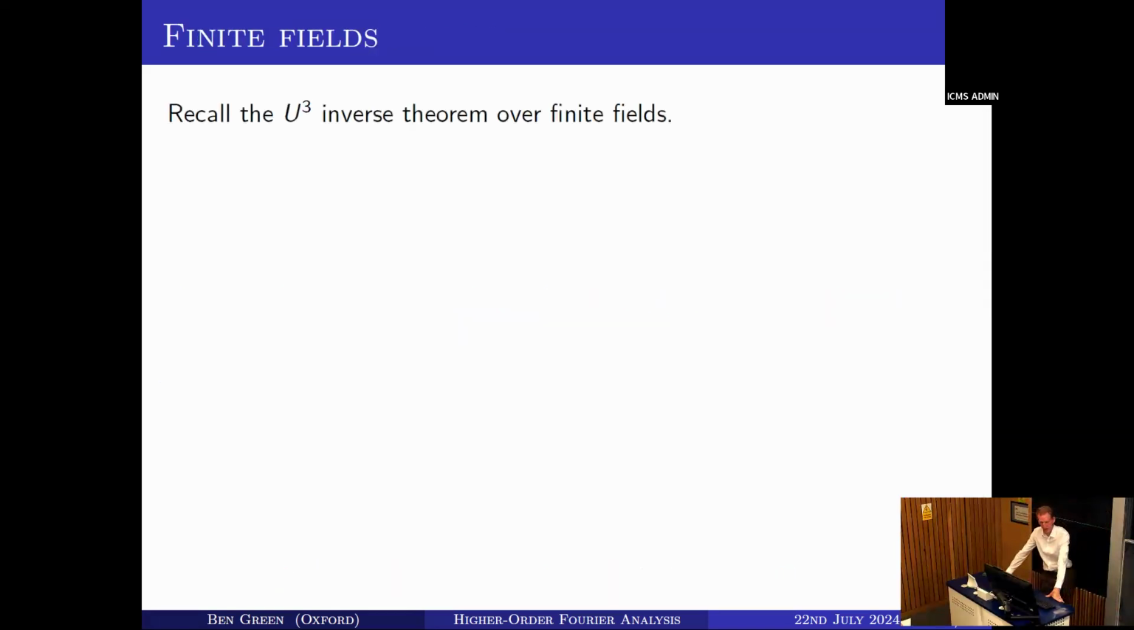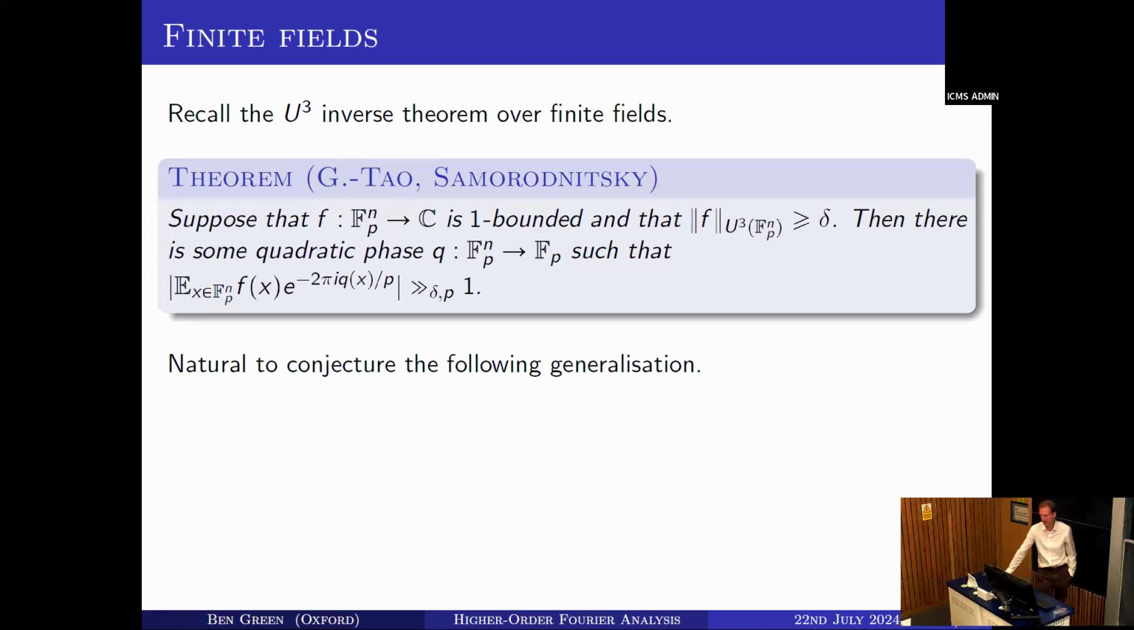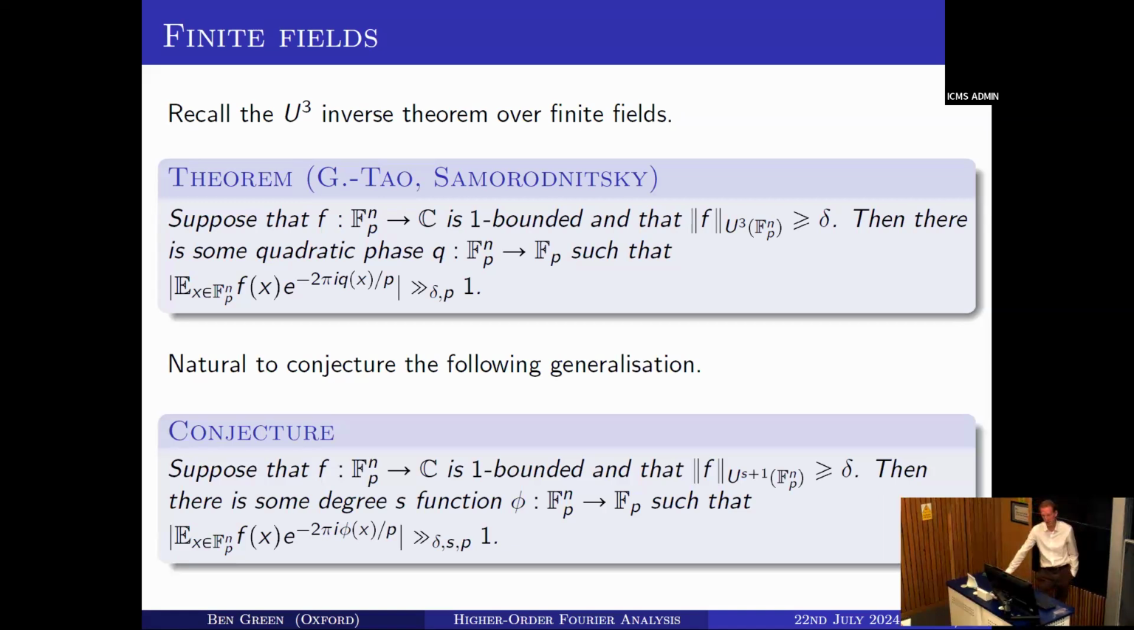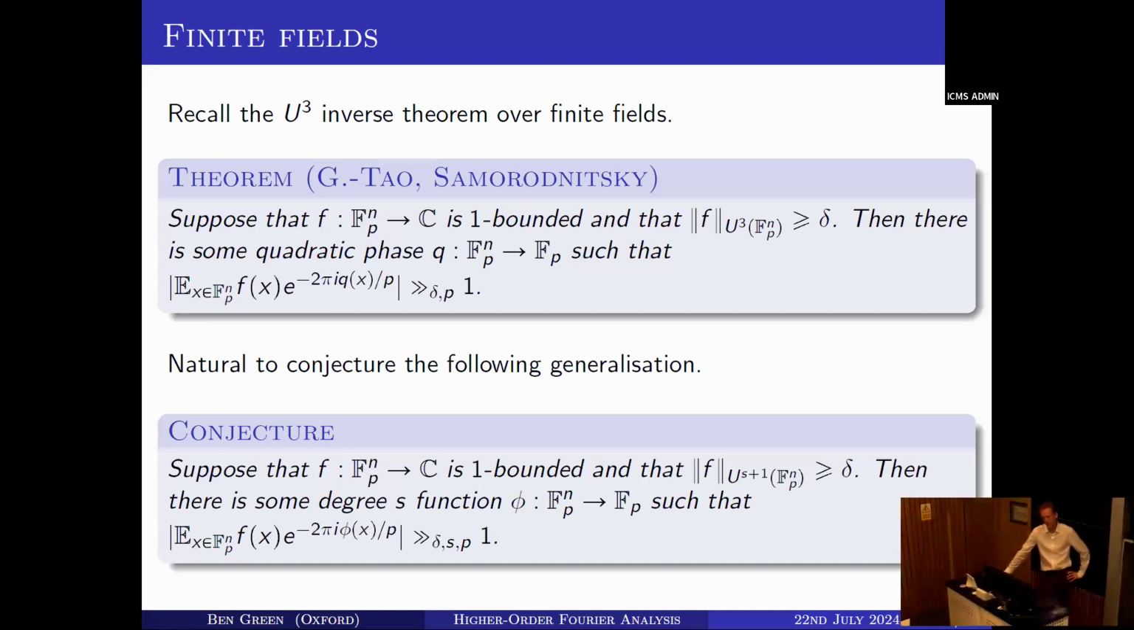Let me say a couple of words about finite fields. So first of all, recall the inverse theorem for the U3 norm over finite fields says if you've got a function with a large U3 norm on F_p^n, then it correlates globally with a quadratic. So that's the finite field U3 inverse theorem. And if you've written that down, it's natural to conjecture the same thing for higher norms. So it's natural to conjecture that if you've got a function with a large s+1 norm on F_p^n, then it correlates with a degree s phase. But that conjecture